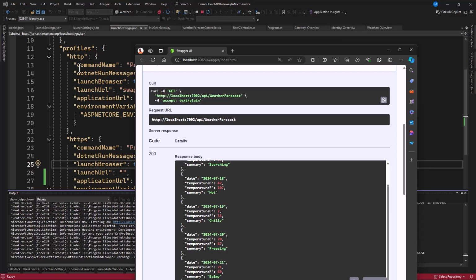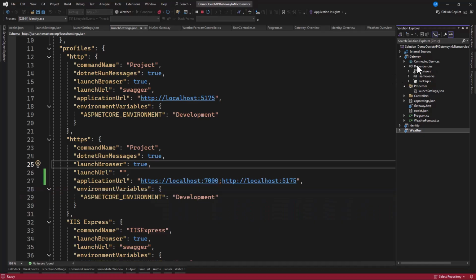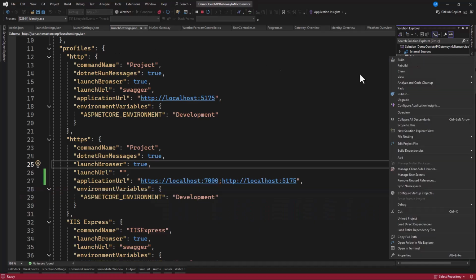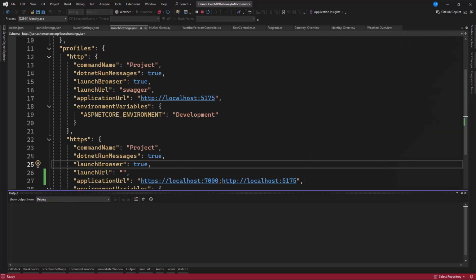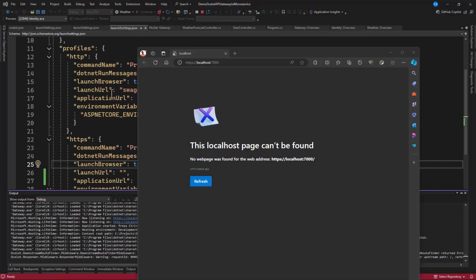Now let's run the API, the gateway, that is the heart of this video. So I click on this, and that's going to be debug, start new instance. And you can see, since this does not land on any page, we have this localhost page cannot be found. So this is our gateway.